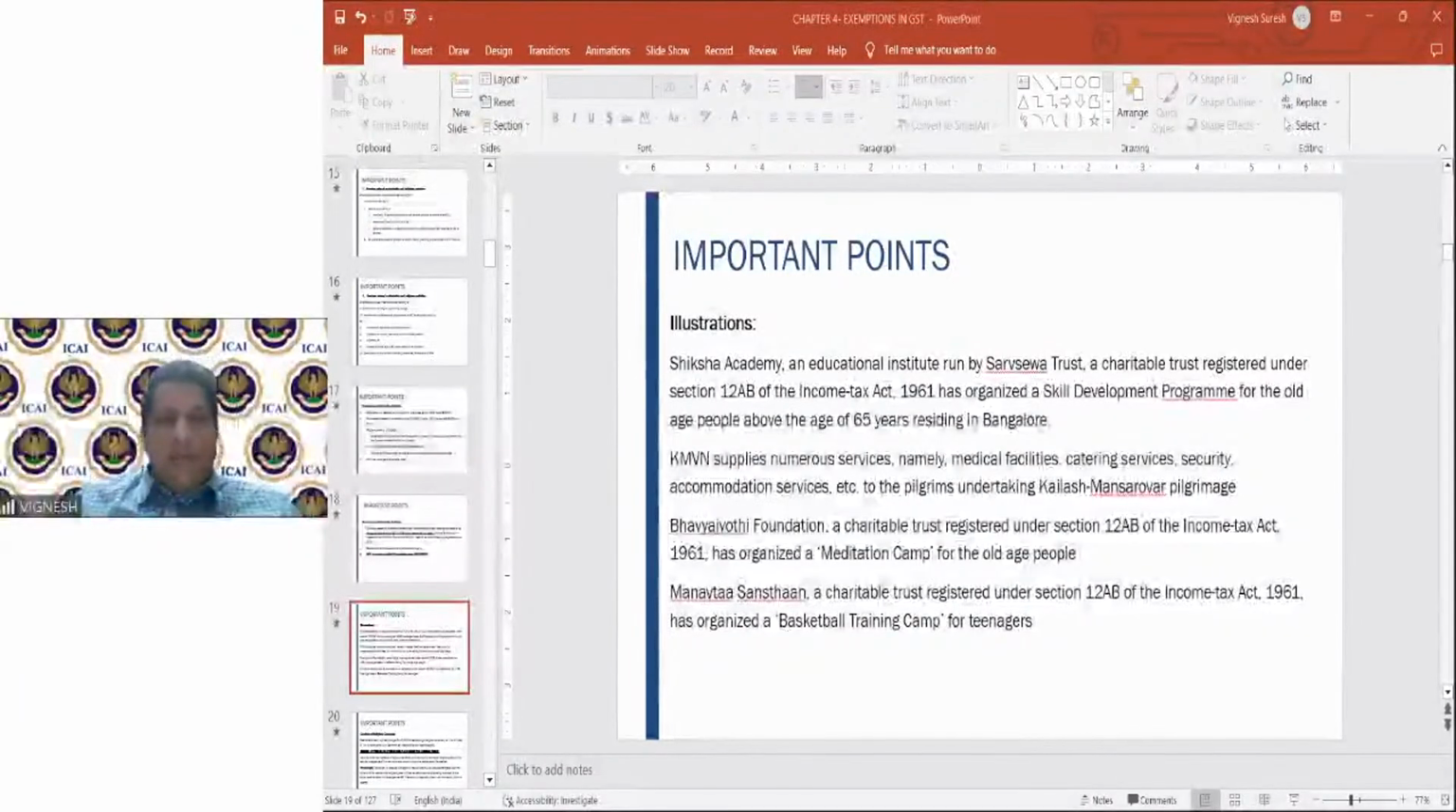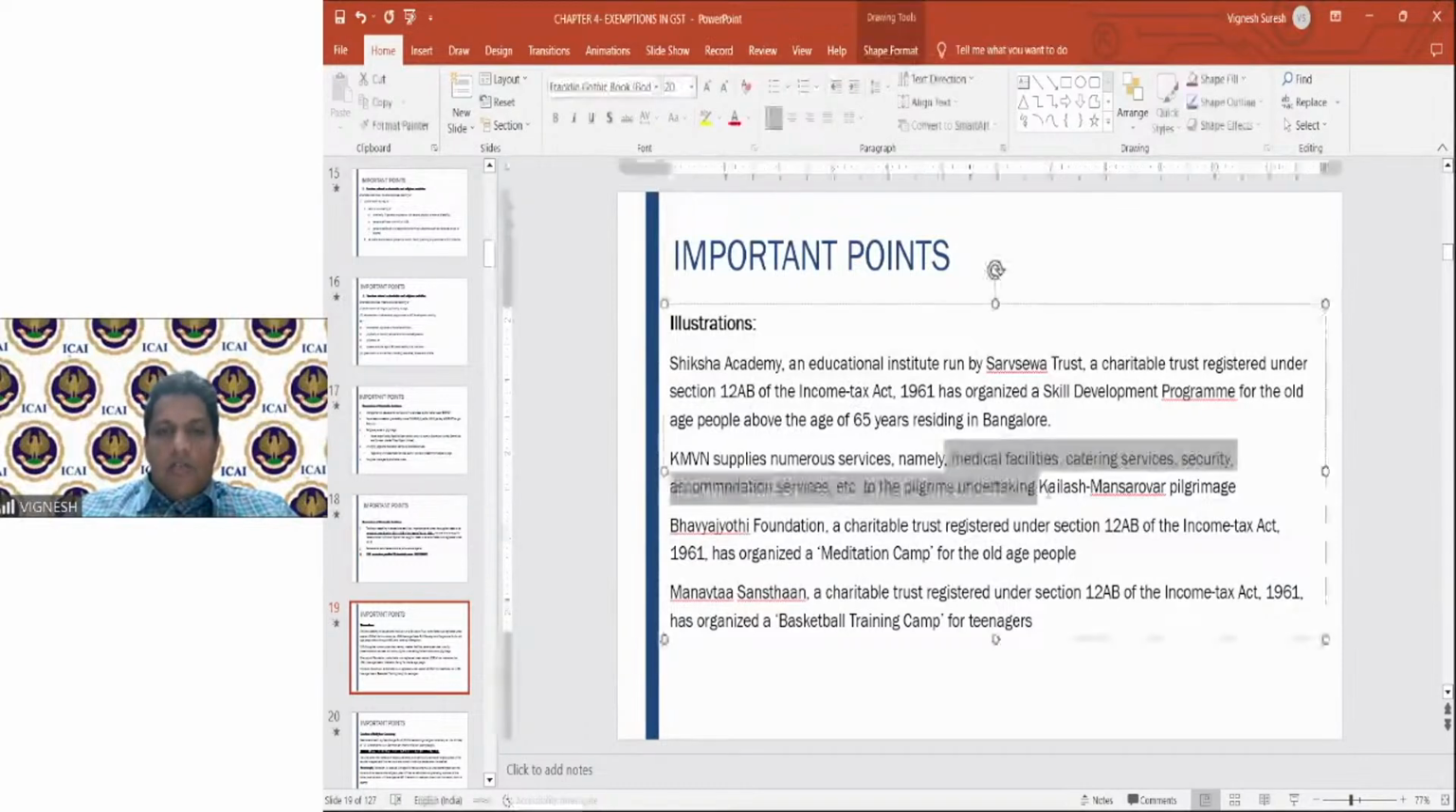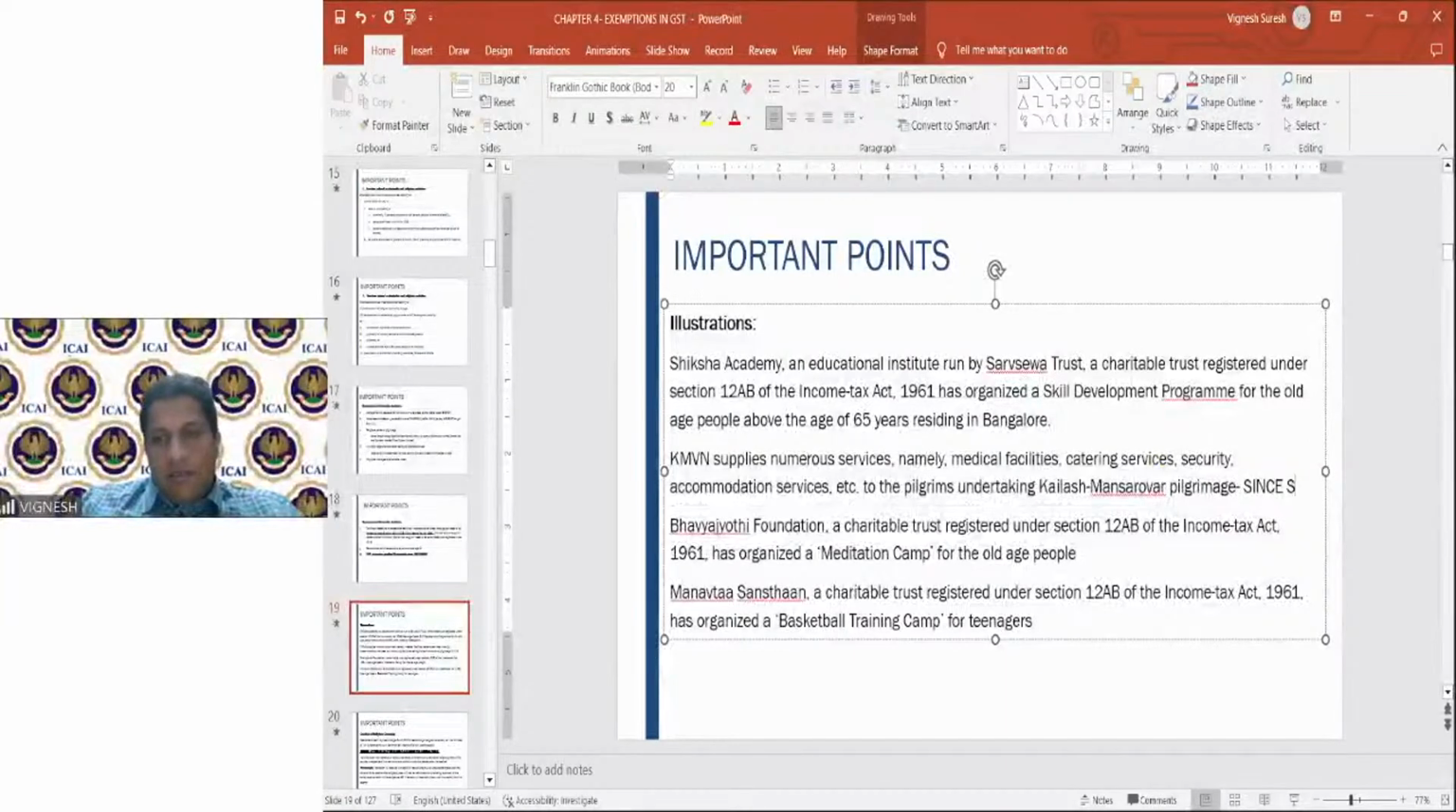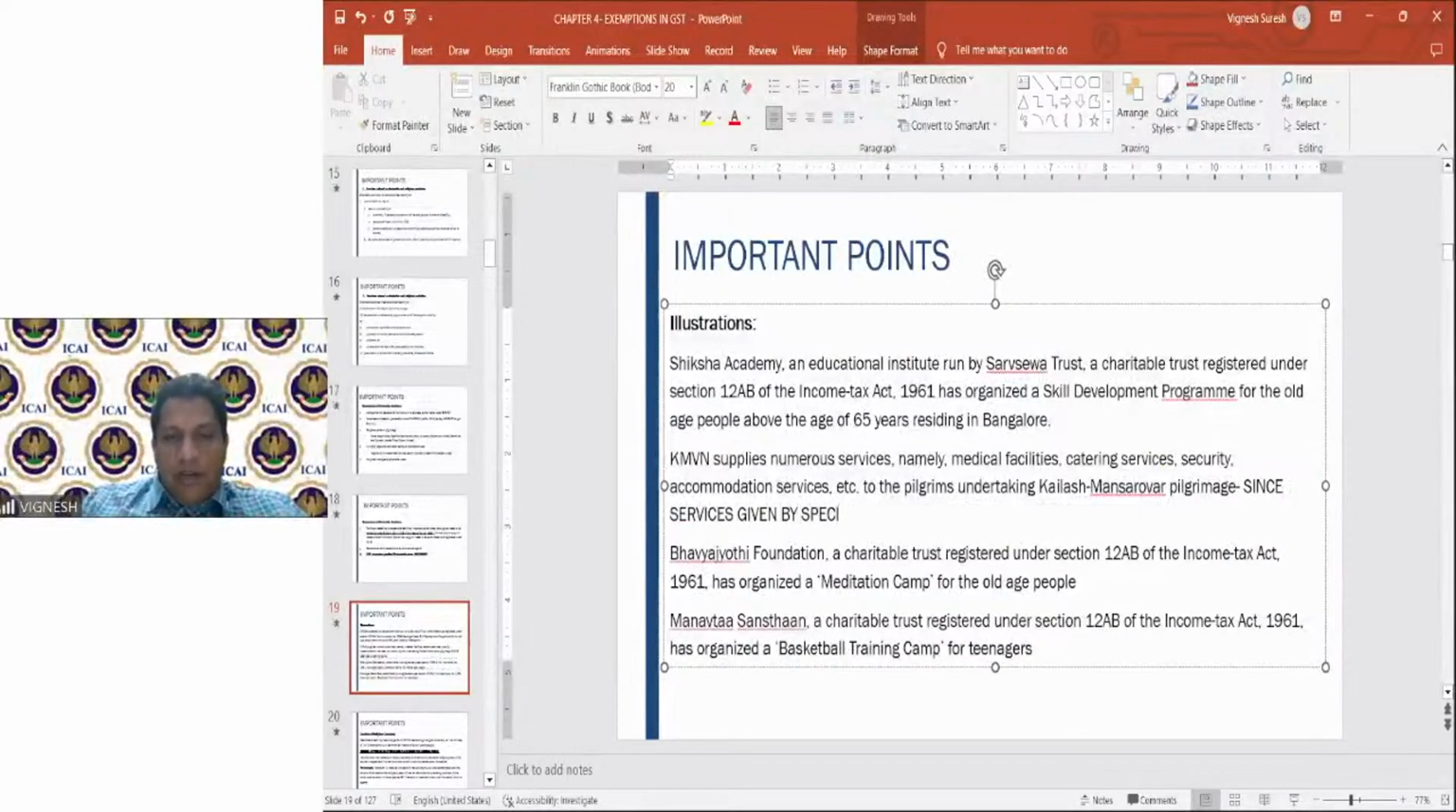Correct, Tirupati, you're right. Anyone else? Correct. First one is clear. Second one, KMVN supplies numerous services, namely medical facilities, catering, security, accommodation to pilgrims undertaking Kailash Mansarovar pilgrimage. So in this case also, since the services are given by a specified organization,